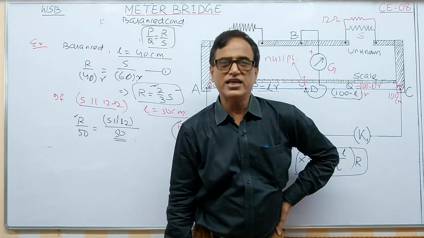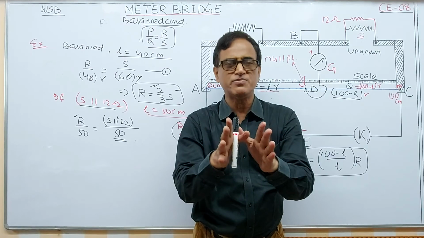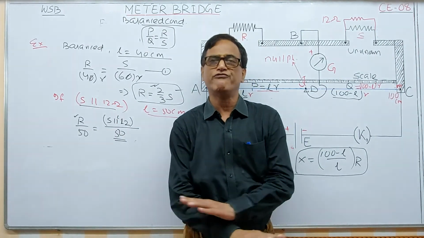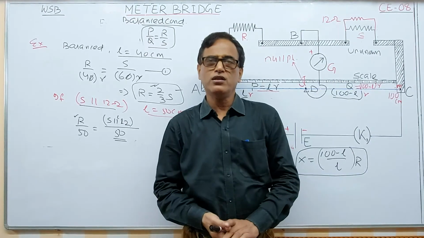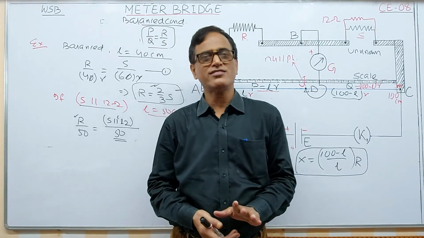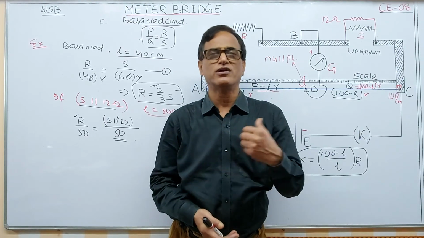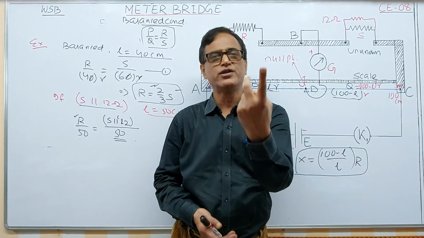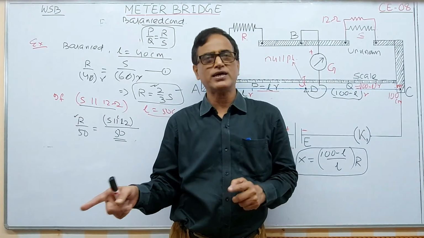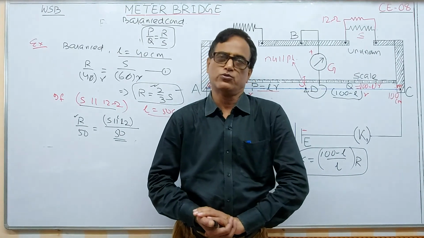I think your idea is clear. Meter bridge is the simplest arrangement based on the Wheatstone bridge by which you can determine the unknown resistance of a wire. Thank you all. In the next we will go for another instrument, the potentiometer. Again, that is much more important than this one. You have 2 experiments over that. Both in theory you have questions, and in practical you have 2 practicals over that one. Thank you all.